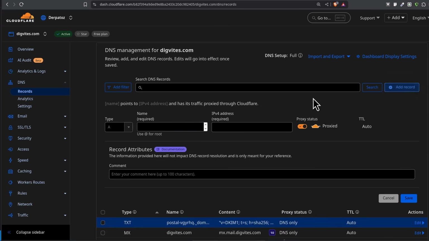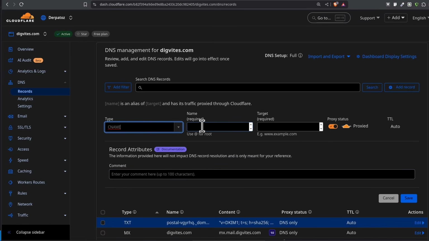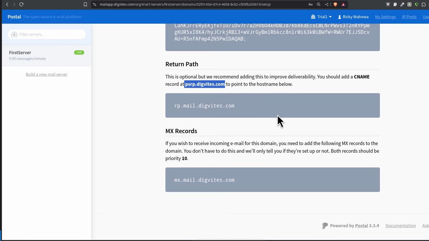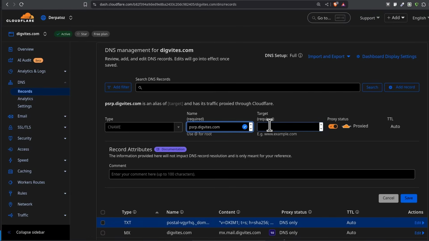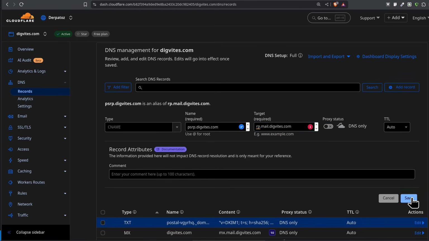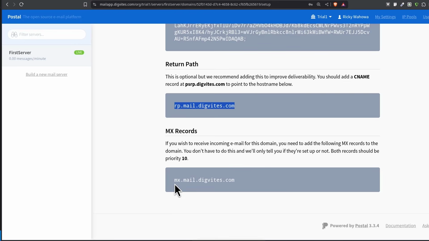So let's add CNAME and then paste that, and I'll come back and this one, copy, put it there, and of course gray it out, save. We've already added this.